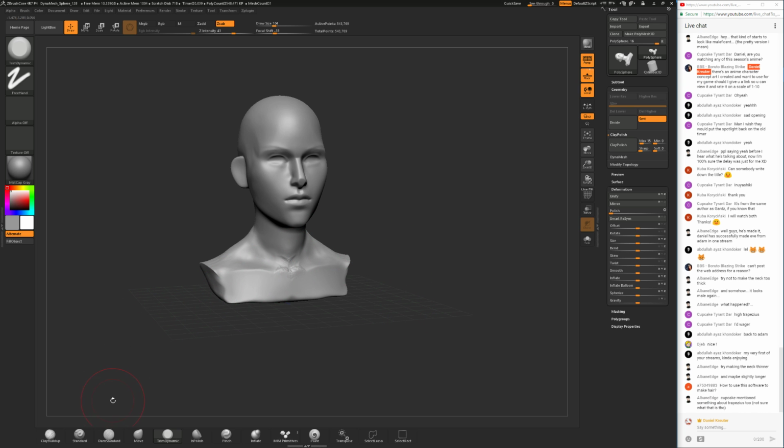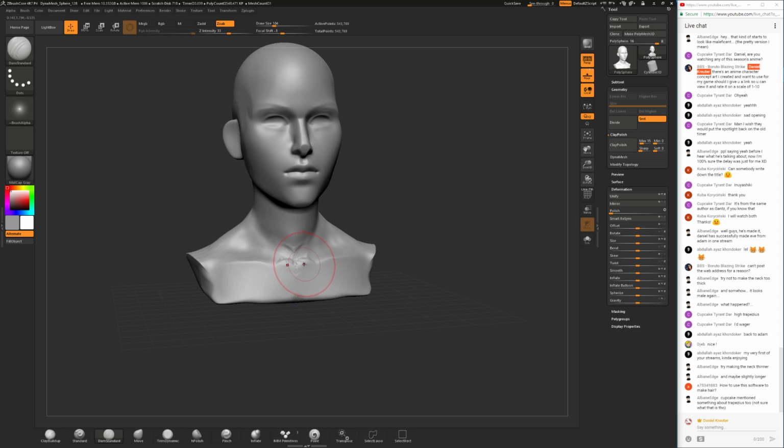So would you guys like to see me attempt modeling the hair for this character? Let me know in the chat.